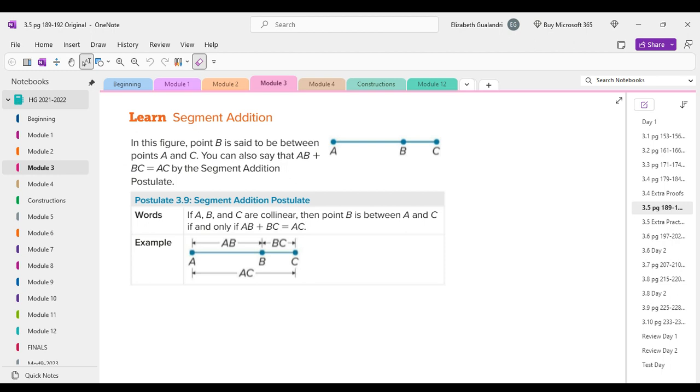Hi students, we're going to talk about section 3.5 today. So you can flip in your book to that. I believe it's page 189. Okay, so we're going to talk about segment addition, the segment addition postulate, and a lot of different proofs that